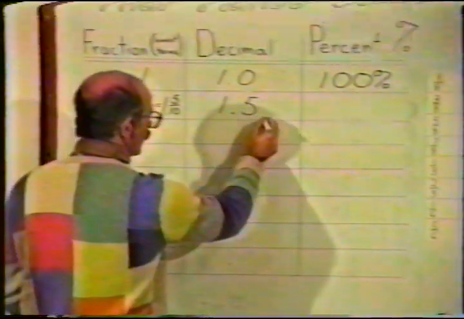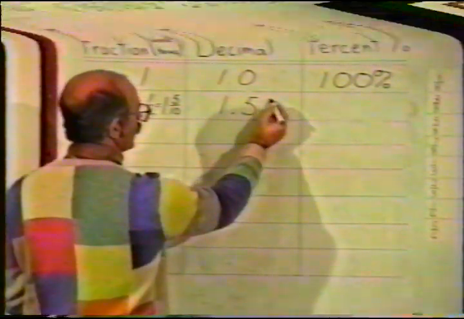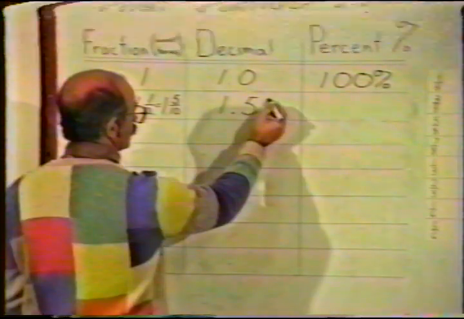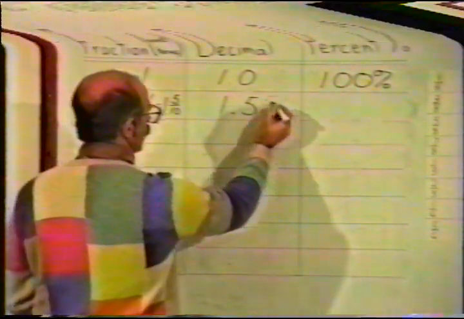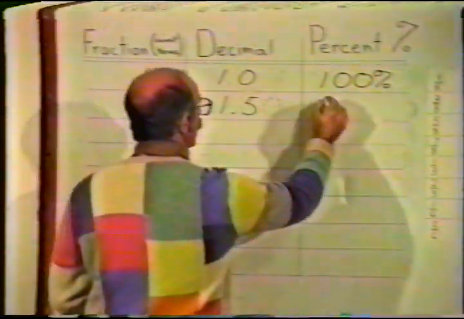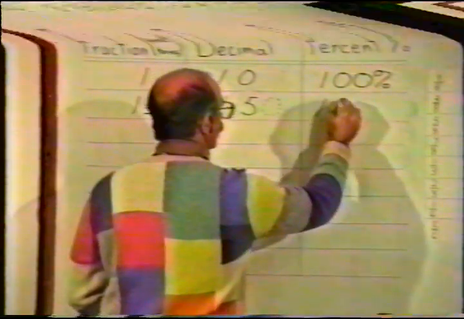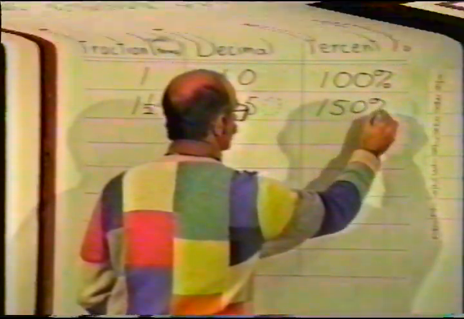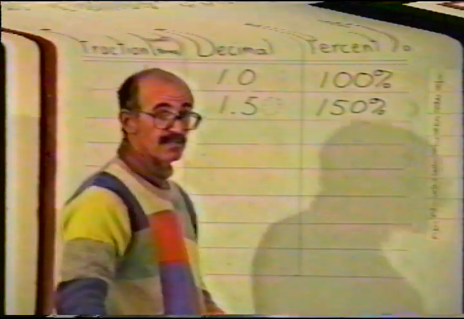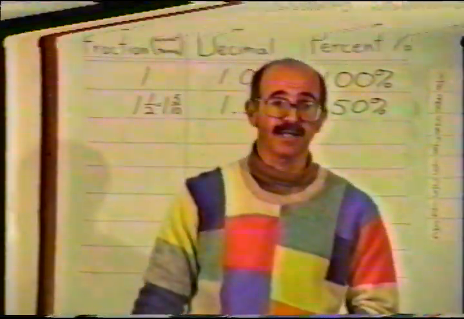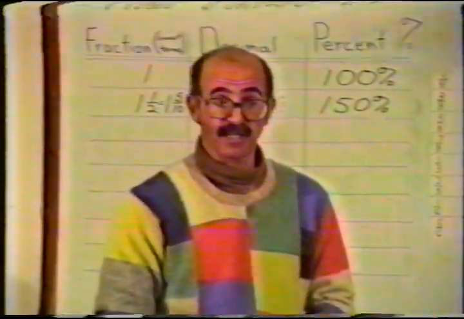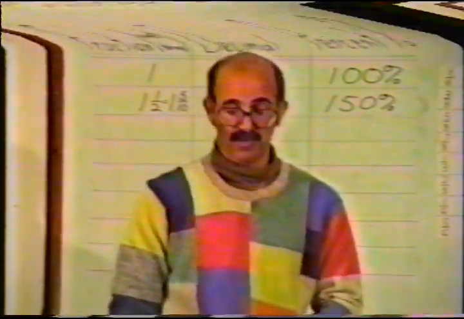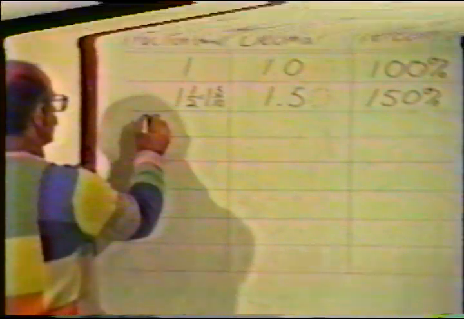1 and another place. What do we put in the empty place? 0. A 0. Then we move it over and we have 150%. And there are some problems that we'll be doing later on that have percents that are more than 100%. The next one is